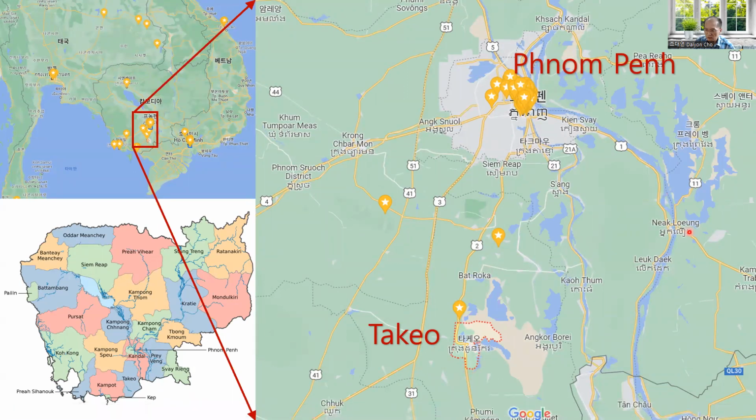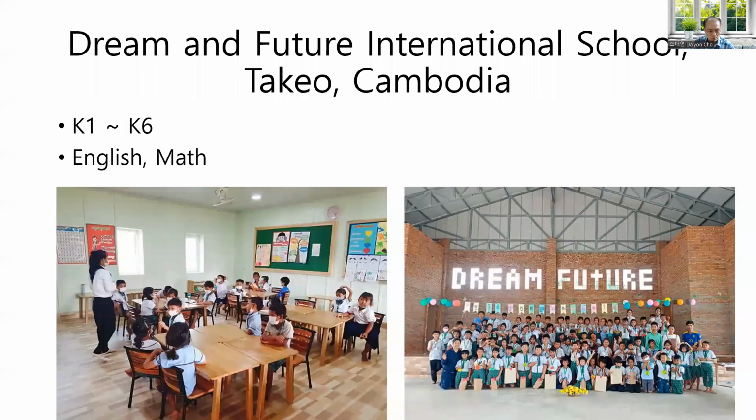It started kindergarten and elementary school many years ago. Now it's preparing to open middle school also. So here they are having K1 to K6 up to now, and they're teaching English, math, and other courses,